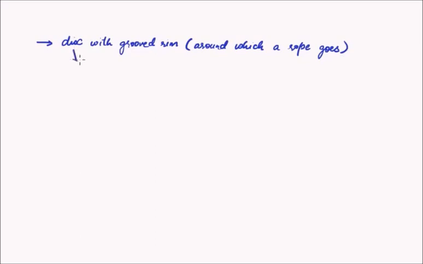This disc rotates about an axis. Now a pulley system can have multiple pulleys, so there is the possibility of having multiple discs with grooved rims, and the whole package can be termed as a block and tackle, the multiple discs with ropes around it. We'll see how that works, but to begin with, let us